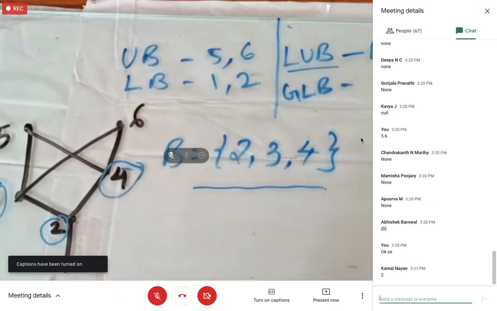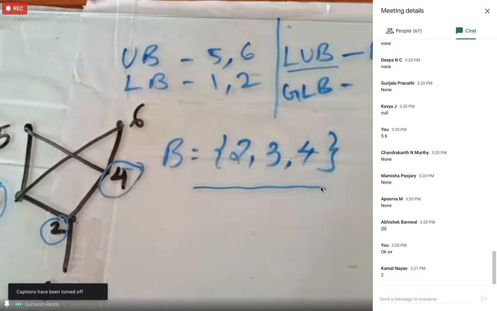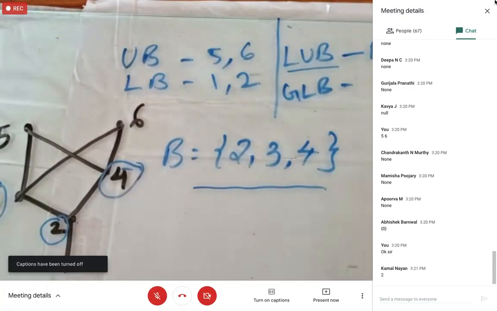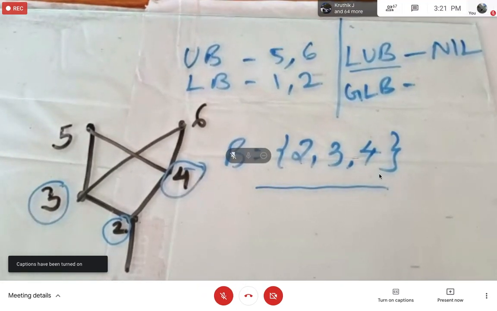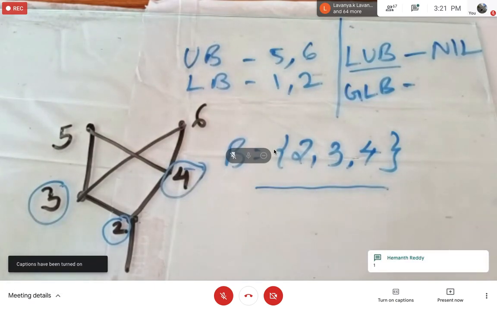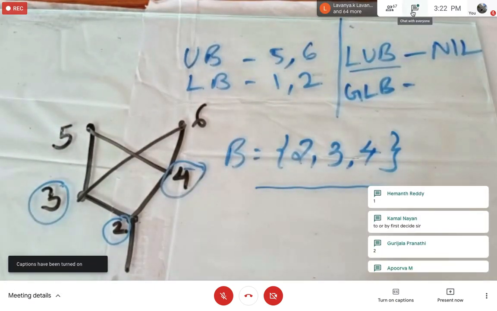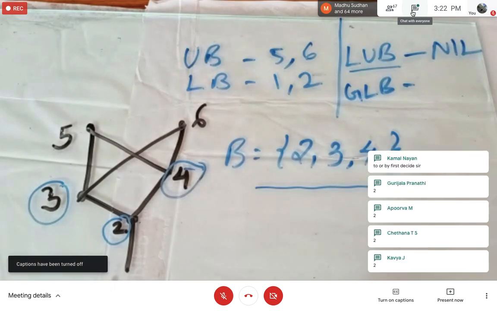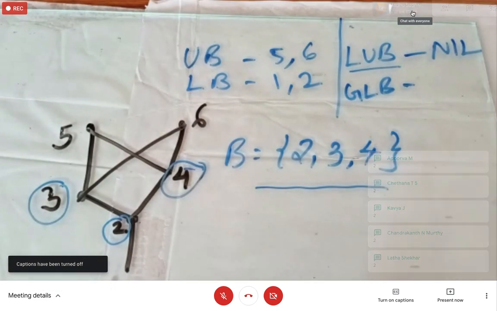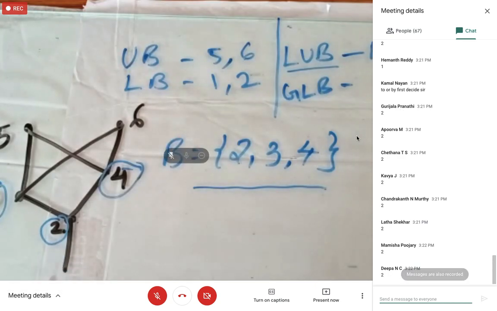Can you tell me which is the greatest lower bound? Sorry, I told like it should be related to. No, it should be related by. I'll repeat that. If you have to find the greatest lower bound, first of all, it has to be a lower bound element, and that element should be related by the other lower bound elements. Okay, so the answer. Okay, Kamal, sorry, actually there was a confusion. It is related by. Okay, the answer is 2. Exactly correct.